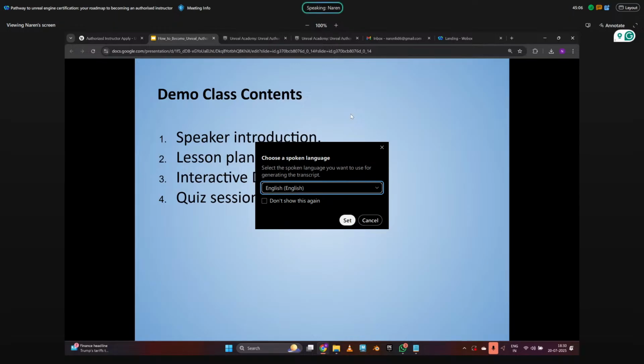Second thing, you need to make something called a lesson plan. Lesson plan is nothing but a brief overview of what content you're going to present in that particular demo session. It could be multimedia, or it could be just a PDF. It could be a PPT. It could be anything. Unfortunately, I'm not able to share anything because it's part of the rule that we should not put it in any public domain.